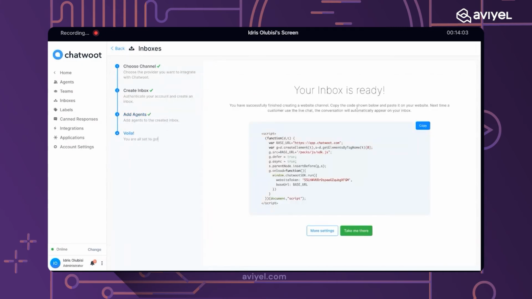So I've successfully created my inbox and I got this notification that my inbox has been created successfully, and I need to copy the code and paste it directly into my website. So how are we going to do this? Where are we going to specify this code, and where do we actually need to put this code? In this case, we will need to head back to our Code Sandbox application, which can be any of your applications locally or whatsoever.